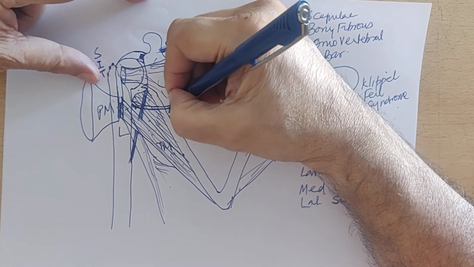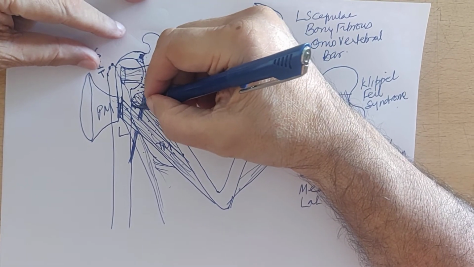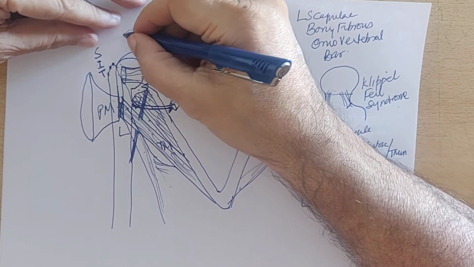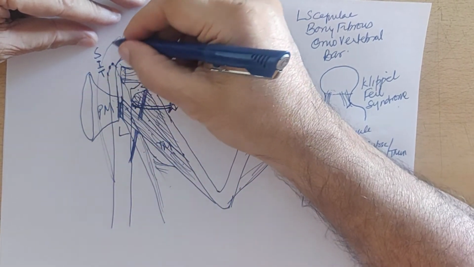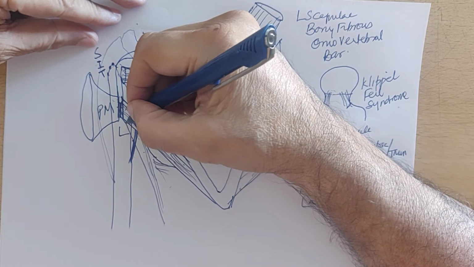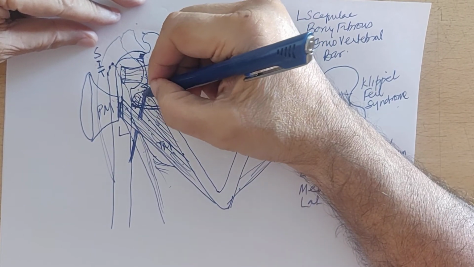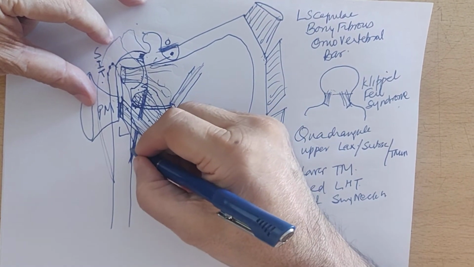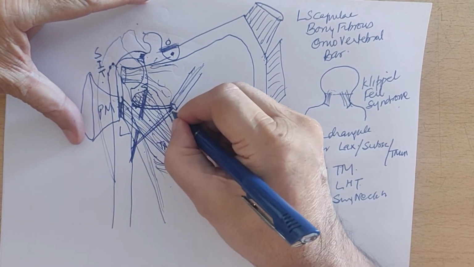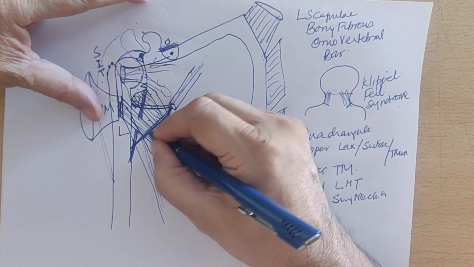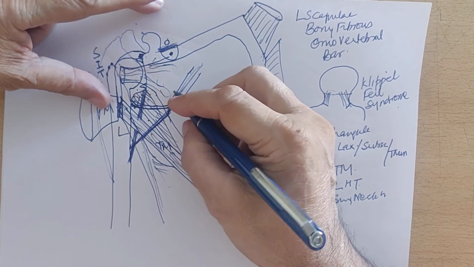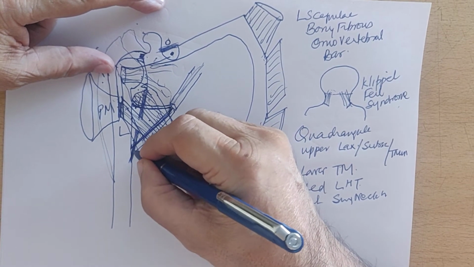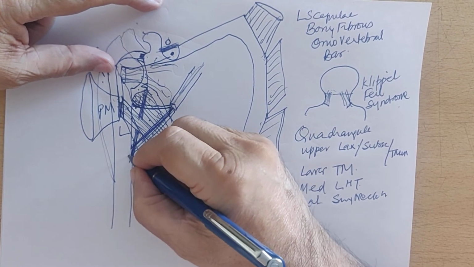The axillary nerve supplies the teres minor and the deltoid, which is coming from the acromion and getting attached to the deltoid tuberosity. So it winds round the surgical neck of humerus and supplies the teres minor and the deltoid. The posterior cord continues as the radial nerve, which passes through the lateral triangular space, and it is of course accompanied by another artery, a branch from the axillary artery, which is the profunda brachii.